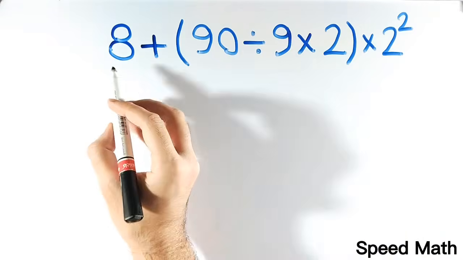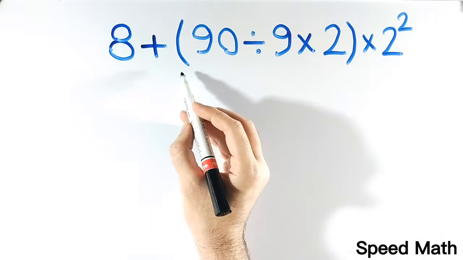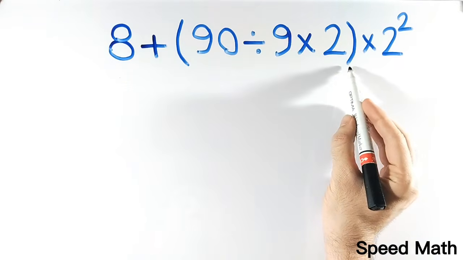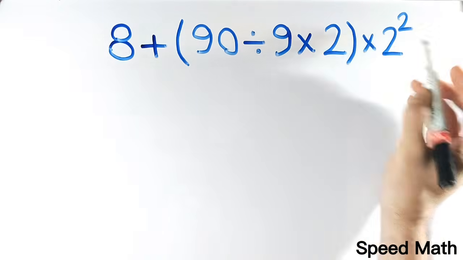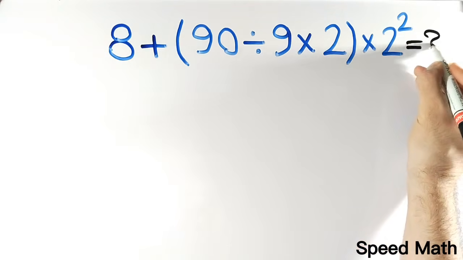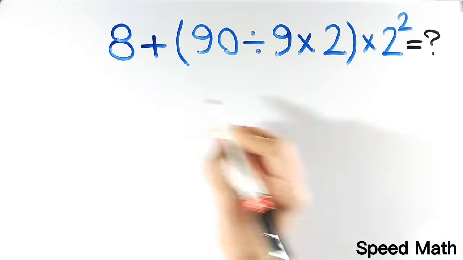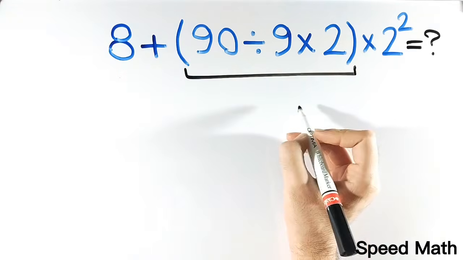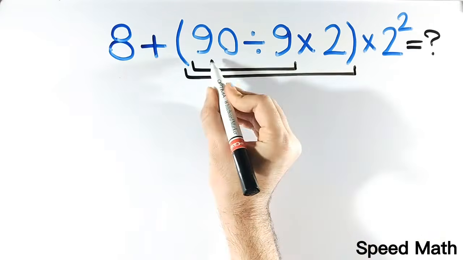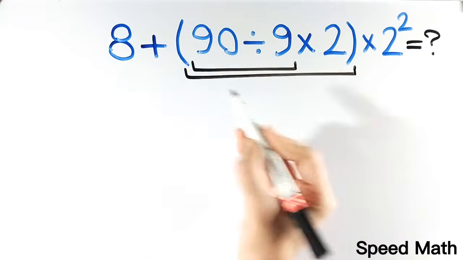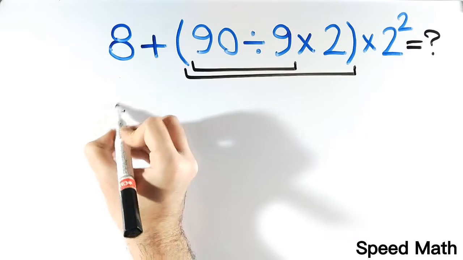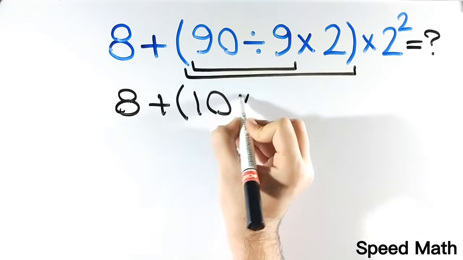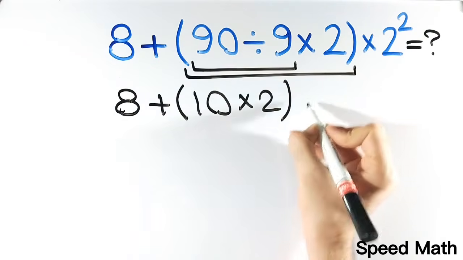If we have the expression 8 plus (90 divided by 9 times 2) and multiplied by 2 squared, then what is the correct answer of this question? Many people, when solving this question, go straight to the expression inside the parentheses and start with the division between 90 and 9. So, instead of this expression, they write 8 plus (10 times 2) and